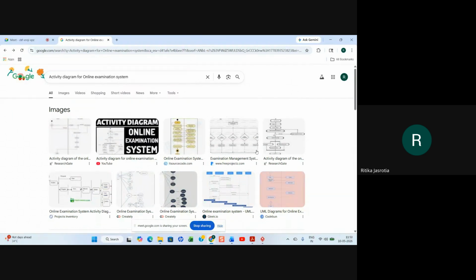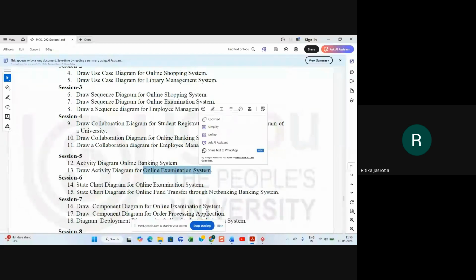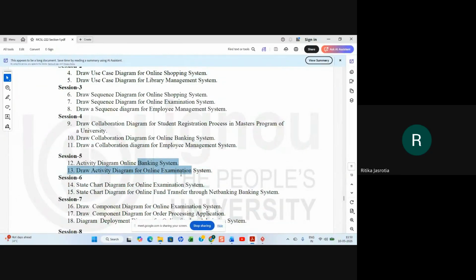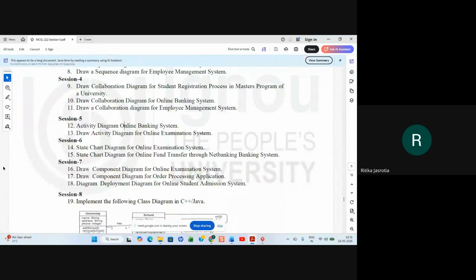Can you understand what an activity diagram is actually doing now? Yes. How do you make an activity diagram? In your theory examination, you will not be doing it on a computer; it is pen and paper. So always remember that you should know how to draw it by hand, with a pen or pencil, whatever you are using for drawing a diagram, right? In theory. So that is important.